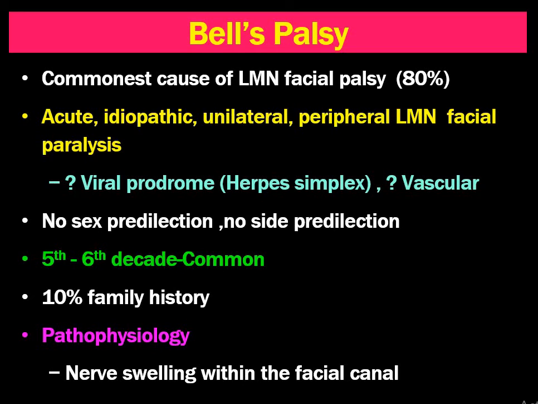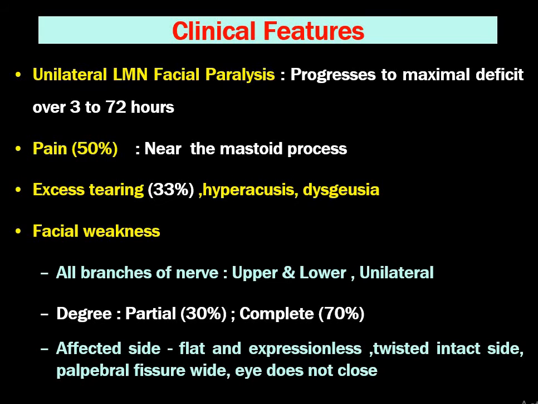There is no sex predilection or side predilection. Common age is 5th to 6th decade. There is 10% family history, and the pathophysiology commonly suspected is nerve swelling within the facial canal. What are the clinical features? The most common clinical feature is unilateral lower motor neuron facial paralysis, which progresses to maximal deficit over 3 to 7 hours. Therefore, when the patient gets admitted by 3 to 72 hours, there is a very high chance of